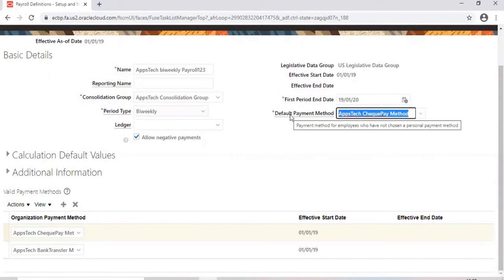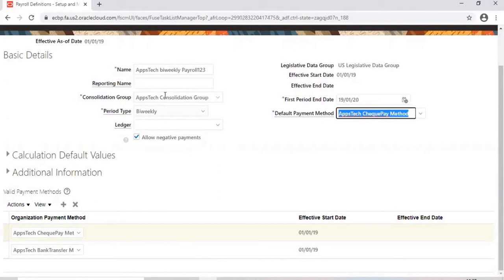Okay. Any questions on this particular page? Sir, what is the consolidation group for? I told you, right? Consolidation group is to group your payrolls under one particular umbrella. This is only for your reporting purpose. When you run the report, you don't have to run these payrolls separately, because let's say 500 employees belong to one payroll, 300 employees belong to another payroll, and like that I have 6 different payrolls.